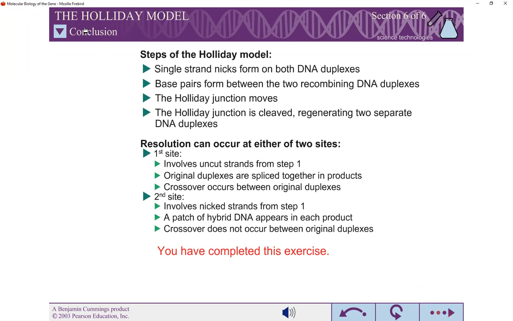So we will look at the RecBCD pathway of homologous recombination, and then learn about the Holliday model as well as homologous recombination, how both processes take place. Okay, that's all. I will have to take a break of 5